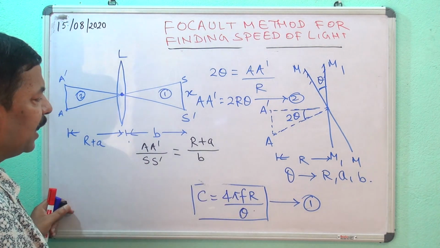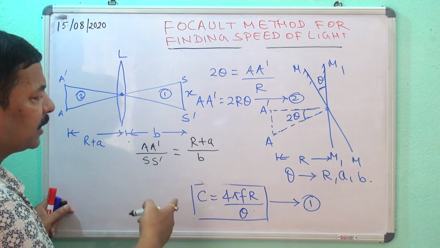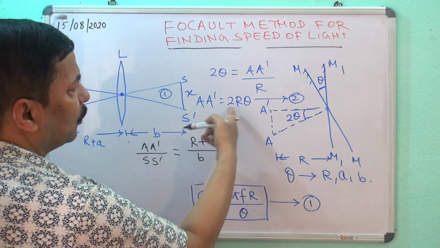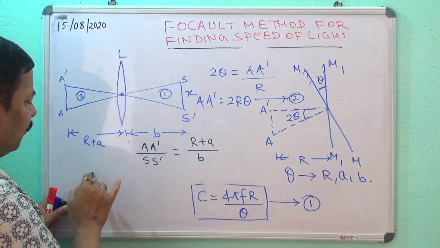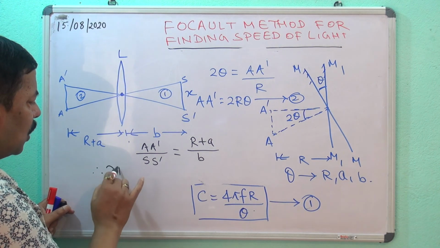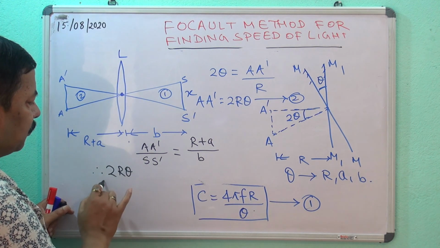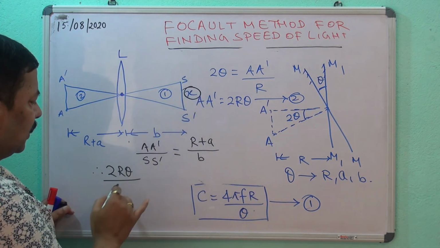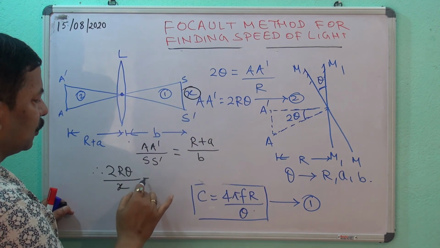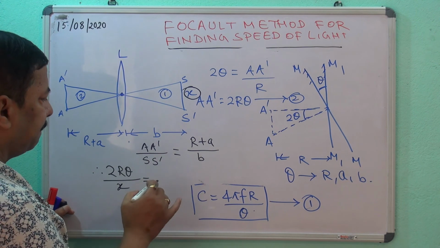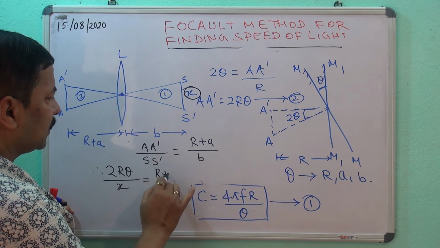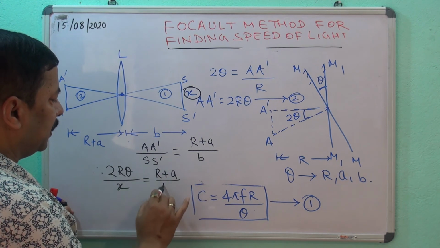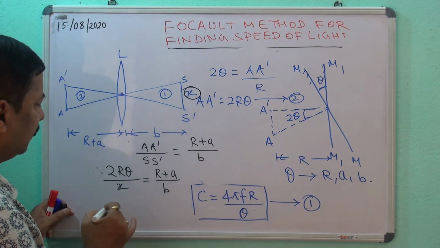And R plus A is how much? A dash is how much? A dash we have calculated, 2R theta. Therefore 2R theta by S dash is how much? X, must be equal to R plus A by B, and we are getting